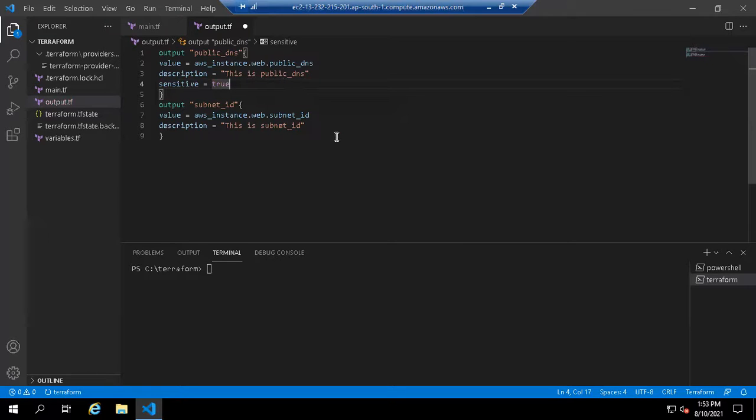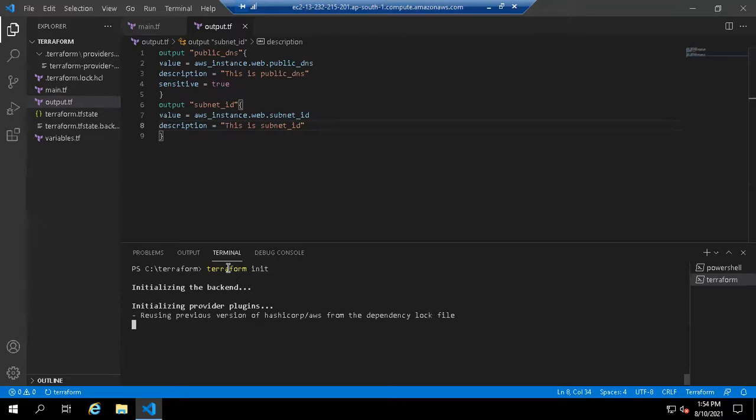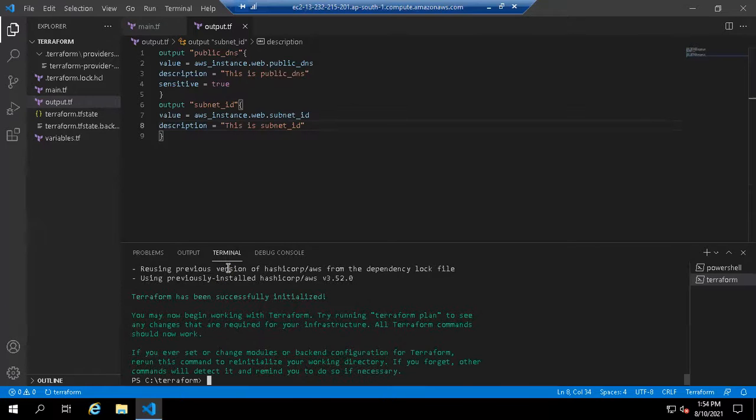And I don't want to change anything. So save the file and open a new terminal and run the command terraform init. Then terraform plan.